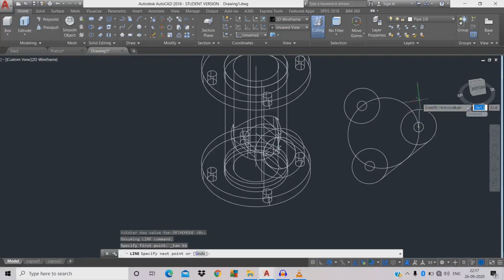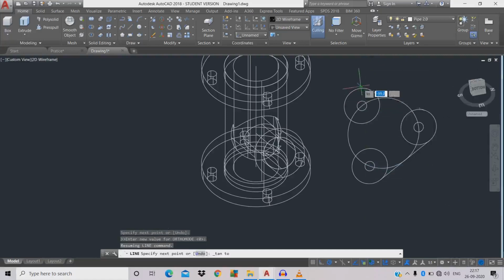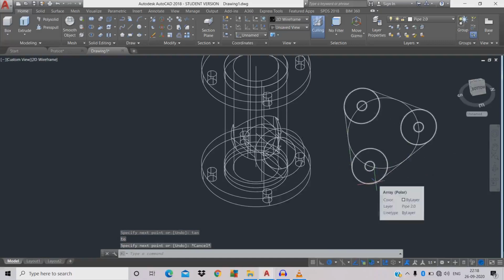Click the circle over here, same shift long press, right click mouse, tangent, click the circle, escape. Same L space TAN space, click the circle, tan space, escape. Now it is in polar array position.